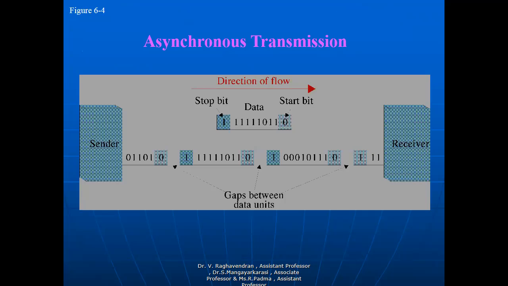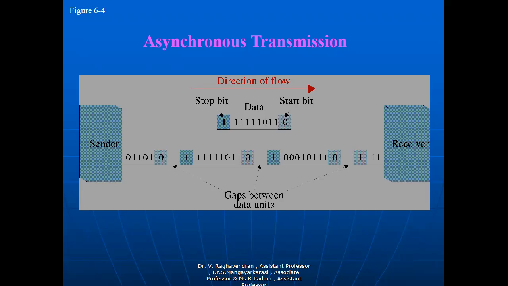So the sender wants to send some particular data to the receiver. Here so many data are available. In this first diagram I represent start bit, data and stop bit. This is the direction of flow, left to right. The sender wants to send the original data, which is 11111011. Apart from this original byte, I am going to add the start bit and stop bit at the